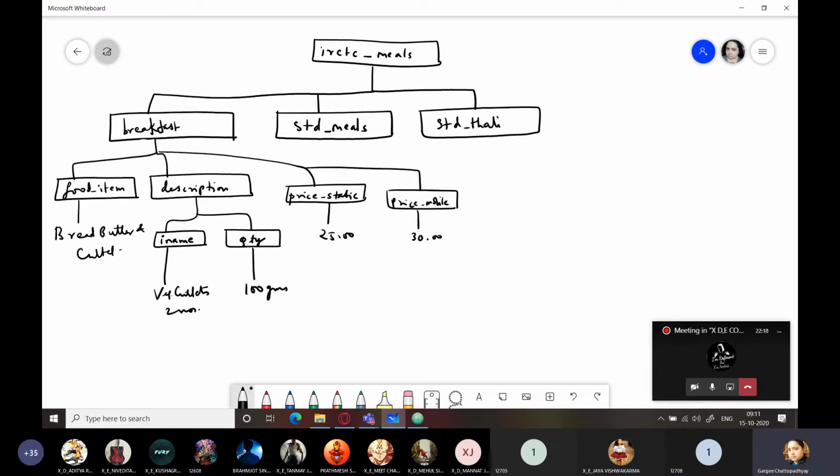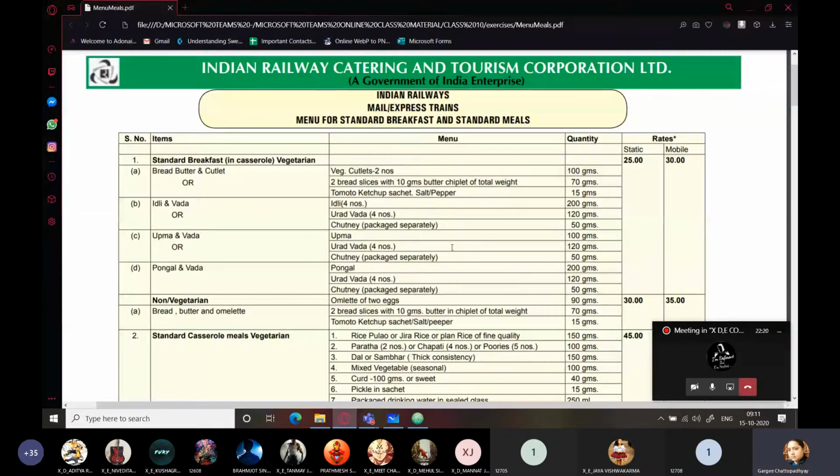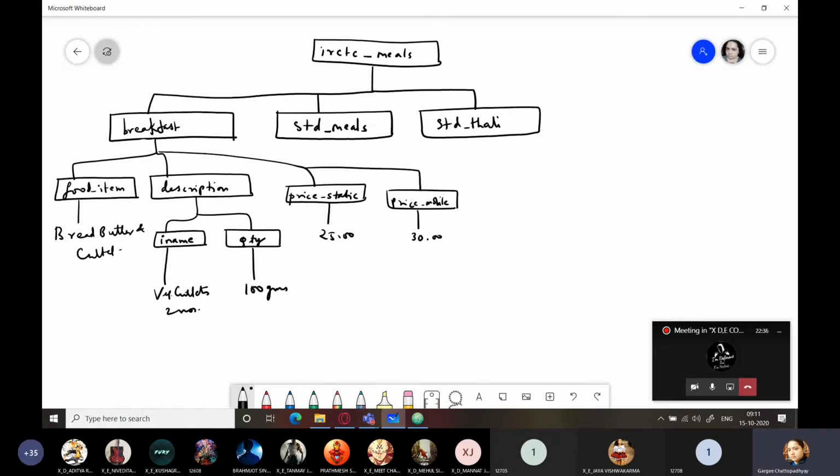Okay, you know why I'm taking this. This will help you also. If you need to travel somewhere, you should keep this in mind. With the mobile price, you can at least fight with that person against overcharging, right? So that is a grave problem in Indian Railways these days. Anyways, so this is what you can do.